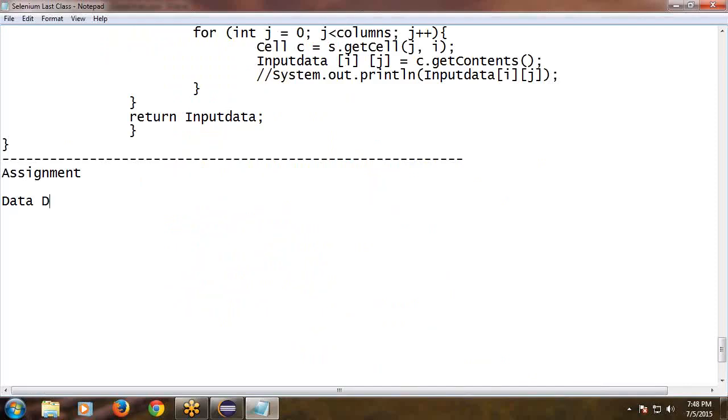Data driven testing. See, read test data. Example, 5 sets, 5 user IDs and 5 passwords. Read test data from external Excel file